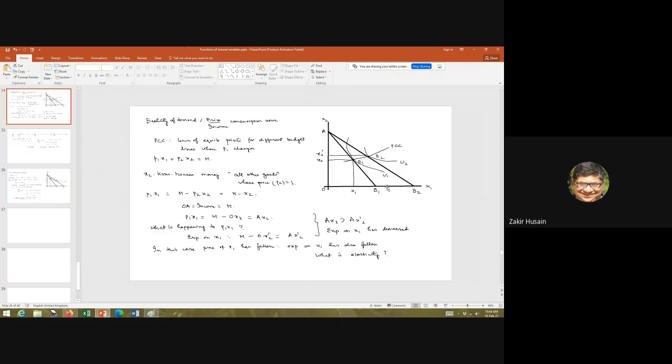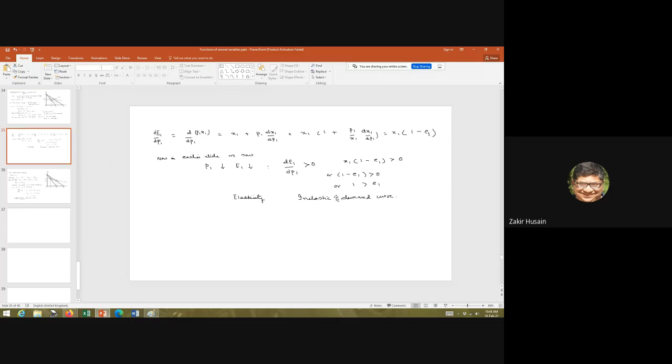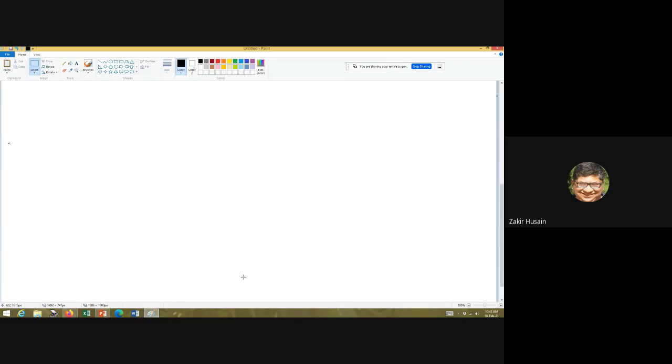Look here, what is the slope of the price consumption curve? It is upward rising. What is the elasticity? It is inelastic demand curve. Okay? Now we'll consider the third case where you have